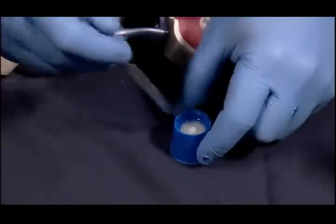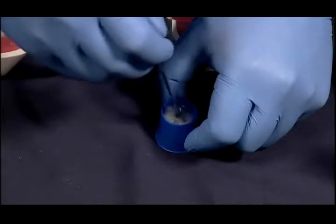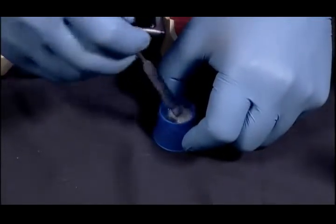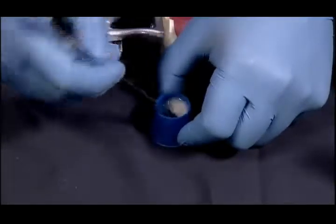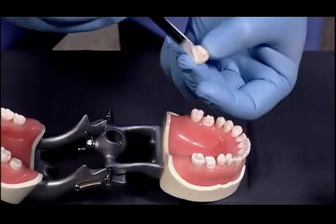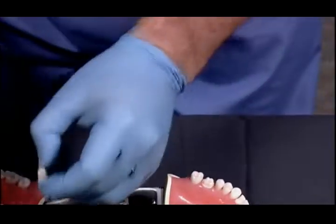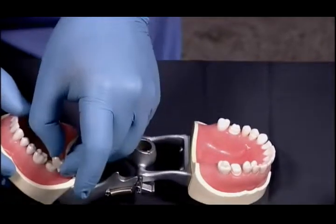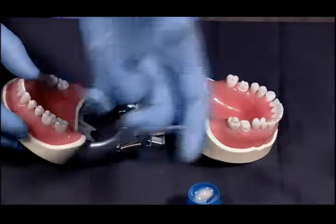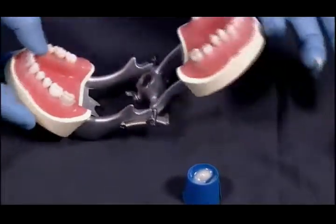I'm getting it incorporated in there most of the way at this point in time, get the rest of the monomer in with the liquid in with the powder. You'll see it's starting to get its gel set already. So I'm going to load that into the crown shell. In this technique, you don't have to line the shell with anything other than making sure that you get the acrylic fully filling it. And then you go back to the mouth and seat the acrylic lined crown shell, have